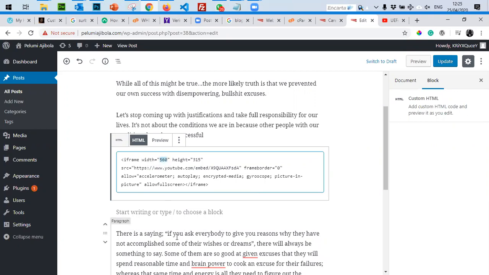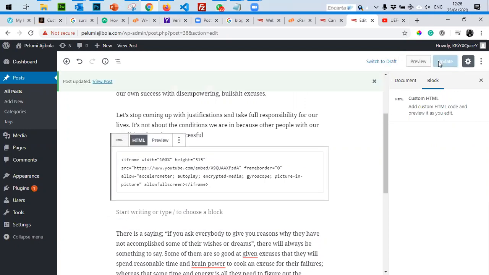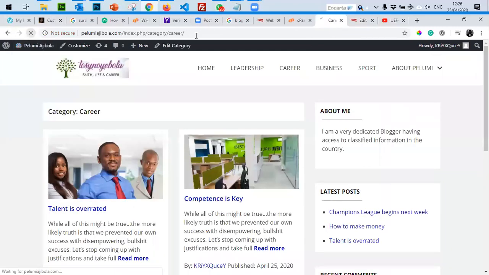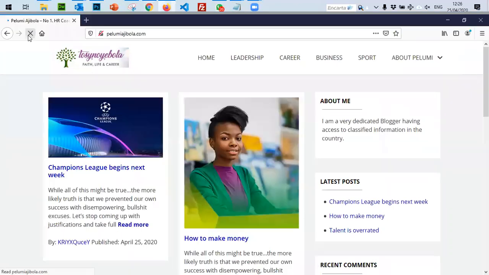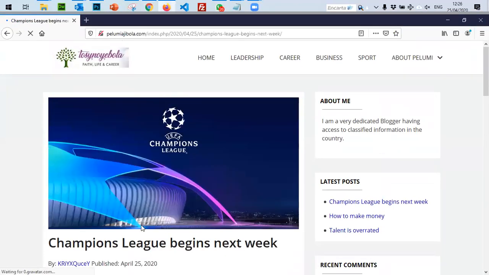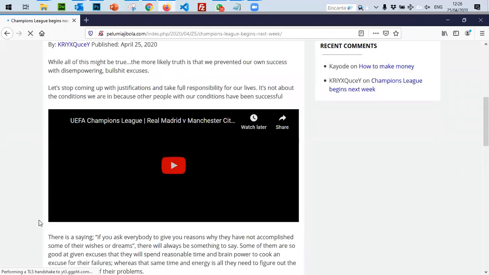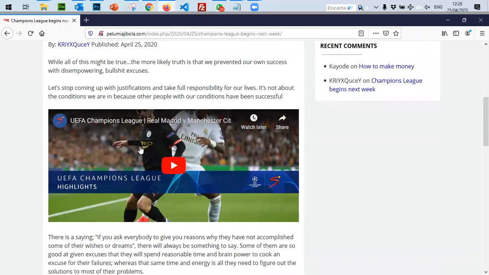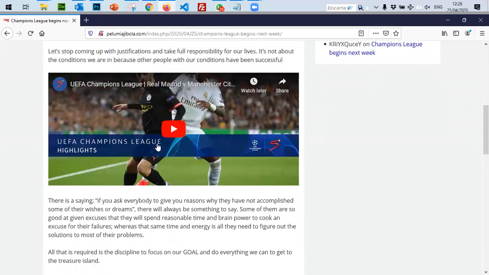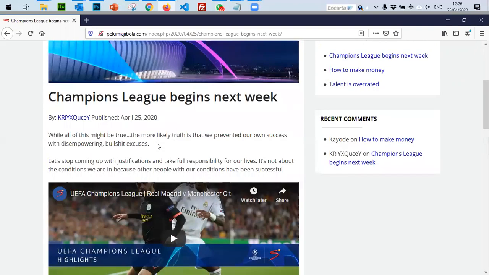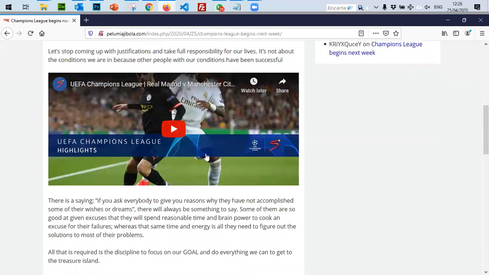I always change the width. Why? Because the width of the video here is 560. While I maintain the same height, I just change the width to 100%, meaning that it maintains the width of that area specified for the video. Now, if I come back to the web page, while I'm scrolling through the news, you see the video exactly where you want to watch it in your write-up. It happens a lot when you're reading a lot of go.com stories.